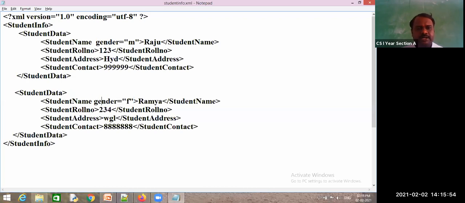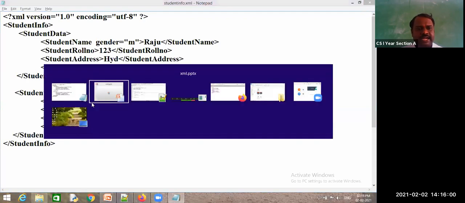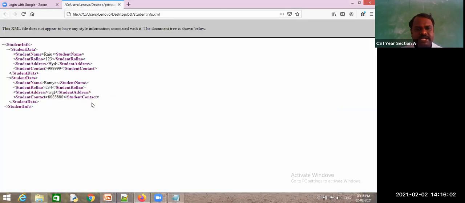This gender is female and this gender belongs to male. Now check whether this attribute is added to your XML document or not. I will reload this one. I can see these genders. The way you write the XML document, as it is, it will display. When you learn web services, you will understand the functionality of this well.